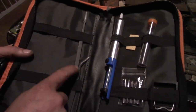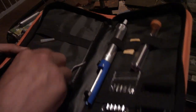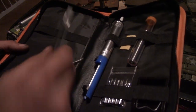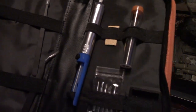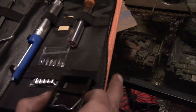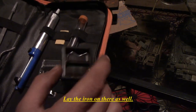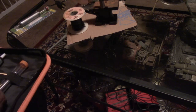It comes with a couple of pairs of tweezers, which are actually really nice. Surprisingly, they're very nice. Very good little set of tweezers. It also comes with a sponge. That's to clean your tip. A little thing here to hold the sponge in. Put the sponge in here. You can just lay this down and,